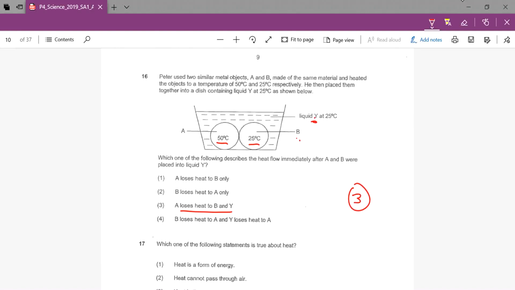Sorry. Okay. So if I make this kind of slips, it's because I'm doing this paper for the first time, looking at the questions as well. So I'm explaining as I go along. Alright. So option